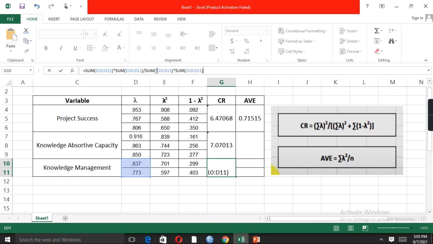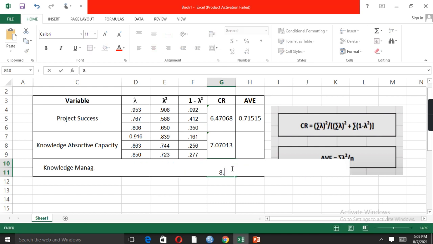Paste there, and then we need to have a plus sign as per the requirement of the formula, and then the value of 1 minus lambda square. So here we are, these are the values of 1 minus lambda square, and close it, just click enter. So we have found the CR value, which, if you can see, is 8.086.